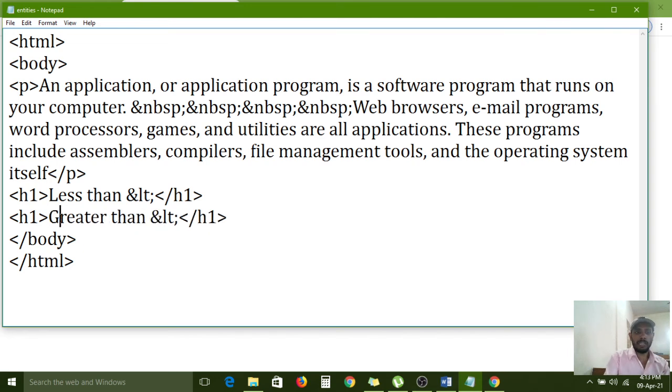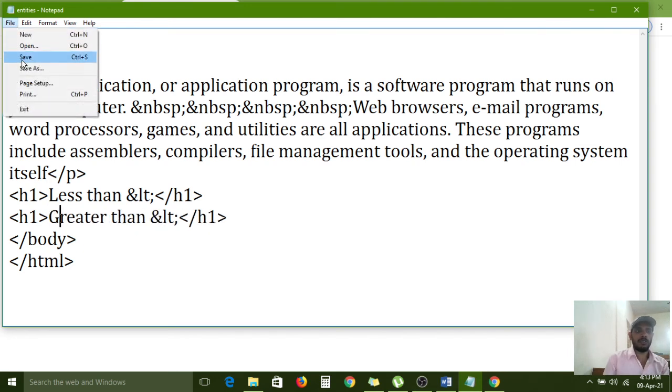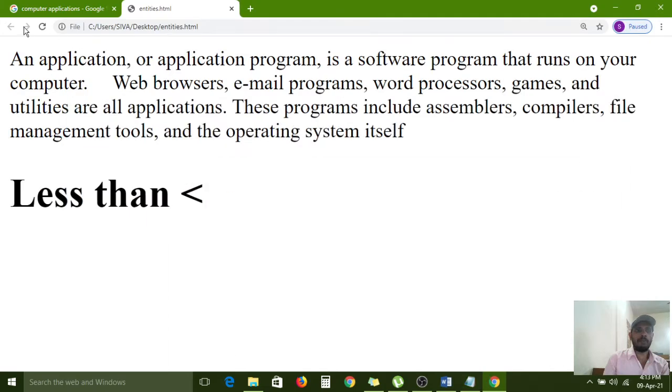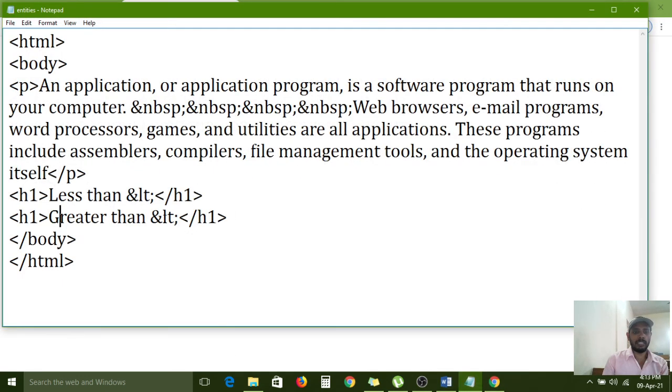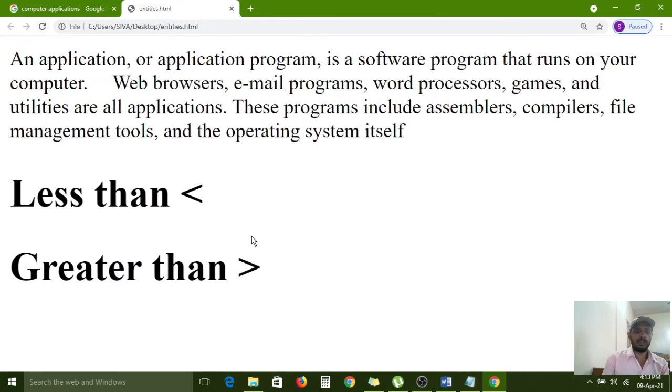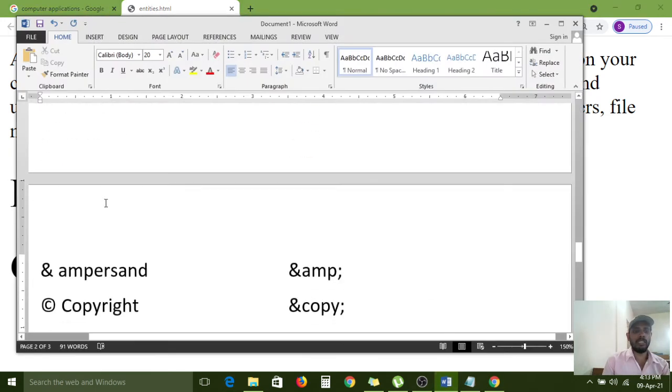For the greater than purpose, go to the File menu and choose Save. Again I am refreshing this page. Here I haven't changed anything, GT is this one. Save, refresh again, and the greater than symbol also came. Next, what is the symbol?